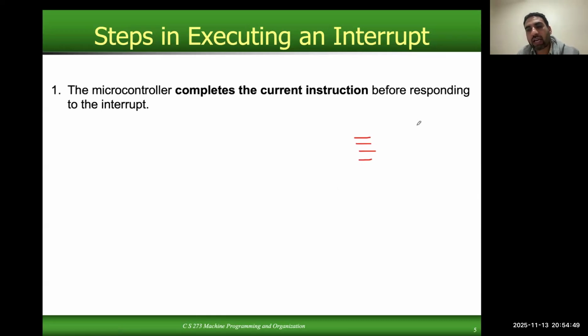Let's say we have already enabled the interrupt for timer 0, which basically says that when the overflow happens, this overflow flag is set equal to 1, then we want to do something. And when we say we want to do something, it basically means that we want to execute